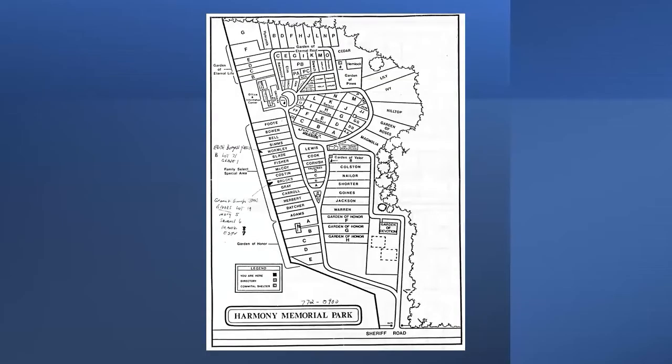Now, this is an example of an actual cemetery layout. This is the Harmony Memorial Park in Maryland. And again, I've highlighted in various points where some of my relatives are buried. So again, I'm able to identify where they're buried at a particular location. My sister has visited this particular cemetery. I have not. In this cemetery, my grandmother is buried, but she's buried in an unmarked grave. My sister was able to find it based upon other markers. And let me show you what I mean.